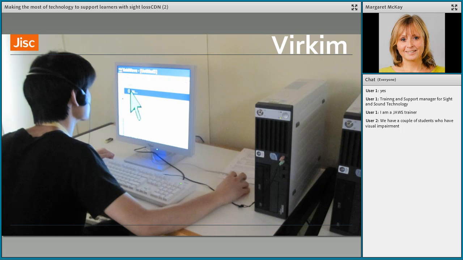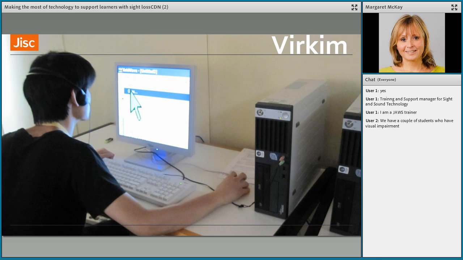Vikram is another individual who has low vision. He's a final year honours student at a university. He lives in a flat near his place of study. Vikram finds that at night time when it gets darker, he experiences night blindness, so darker environments are more challenging for him. In the past, he was a Windows user, but he's migrated over the last few years to Macs because Vikram feels that although they're more expensive, he really likes the inbuilt accessibility features, and they handle most of what he needs,